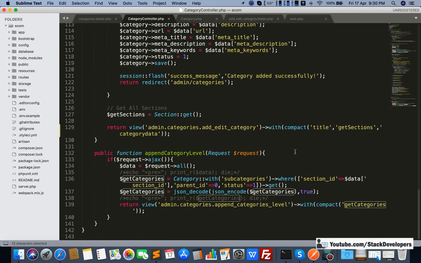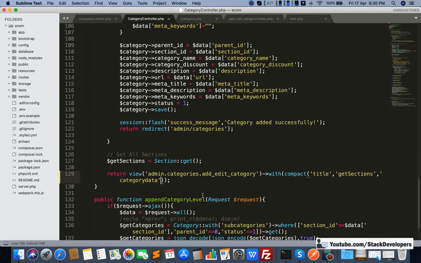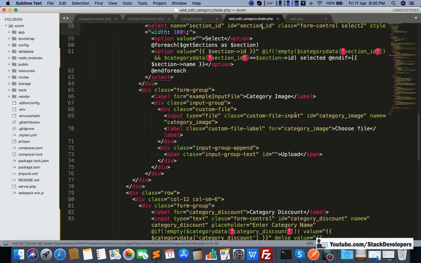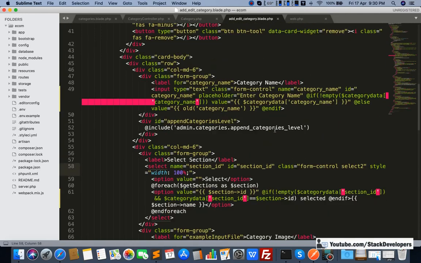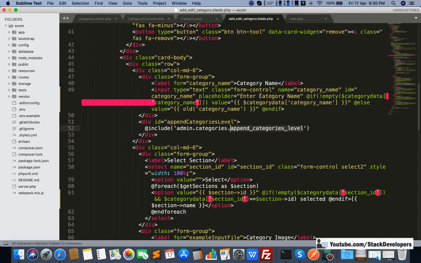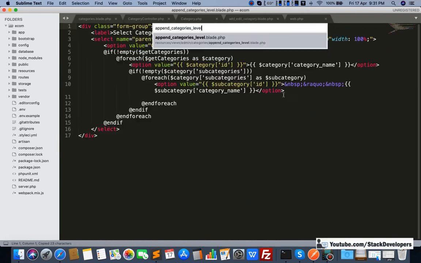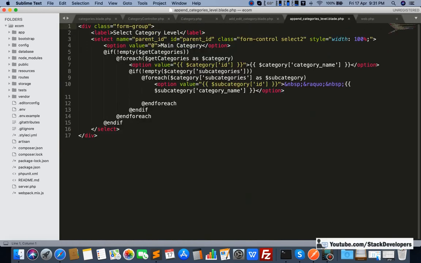So I am going to pass this one here as get categories, and I am going to open the category level. Where is it, category level, here it is. I am going to open this file, append categories level, and we'll add a level here. Okay, we will continue in the next video.